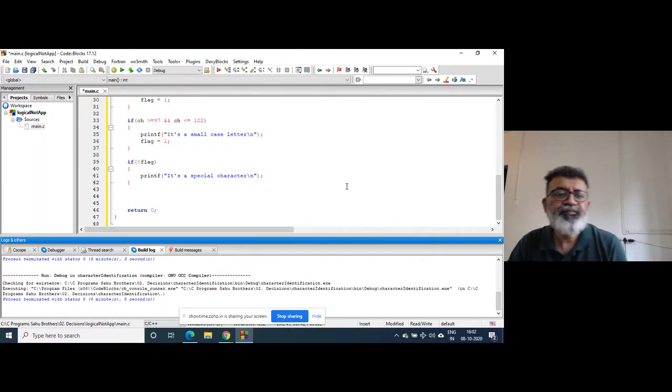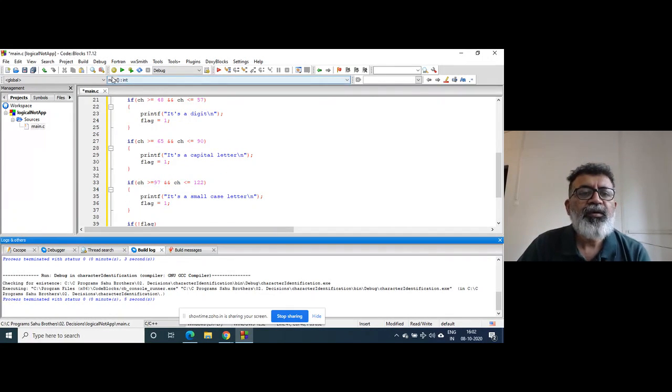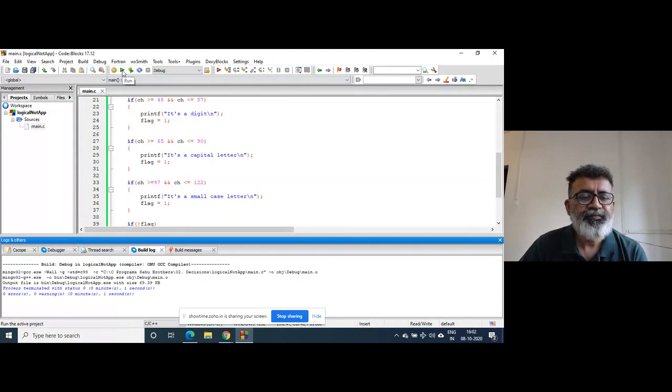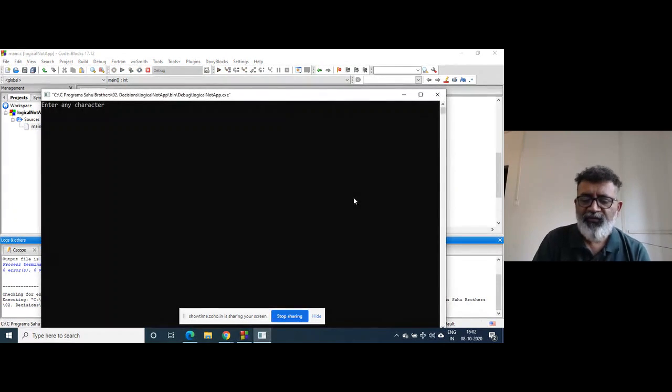If not flag. So when I run this code, now it will work as per the earlier case.